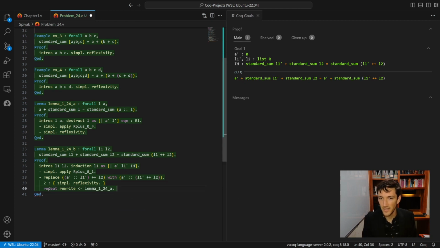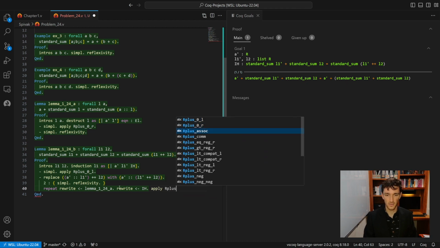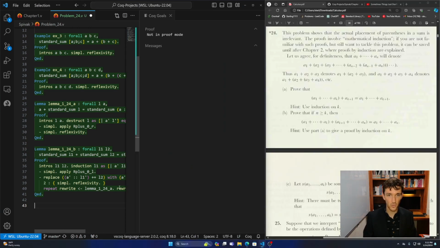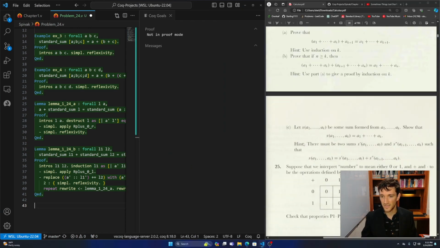Okay, and now we can utilize our induction hypothesis, which is to say anywhere we see this expression, which we see here, it could be rewritten to the left. So let's rewrite our induction hypothesis. And now we can simply call, or rather apply, R plus ASOC. And we have the lemma. Great, not so bad so far, but it's about to get a little more challenging because in lemma C,